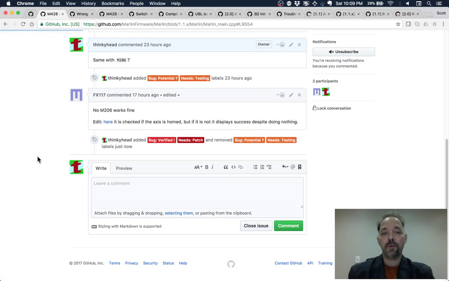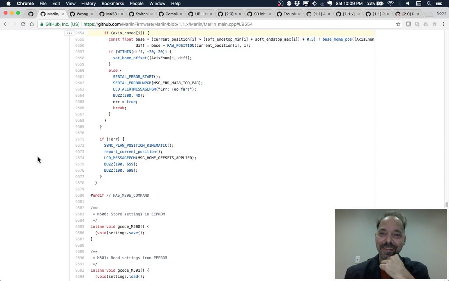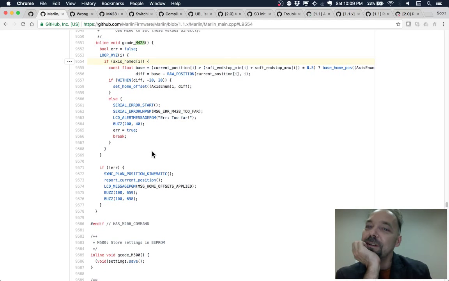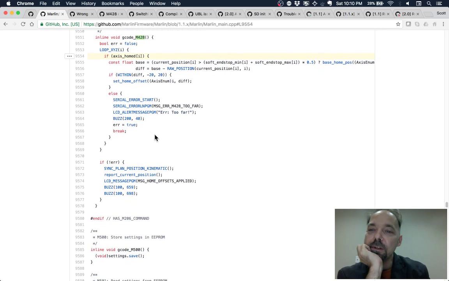Oh, pointing out which line and everything. See, this is what I like. Someone's telling me where the problem is. If nothing else, if you can point to the line, I'm pretty sure it's here. You can actually search for the command that's having issues, M428, and look at it and go, well, the logic seems sound. I mean, it's almost English, right? See, if the axis is homed on the particular axis it's looping on right now,